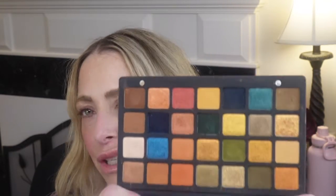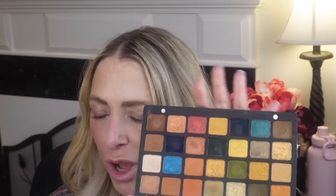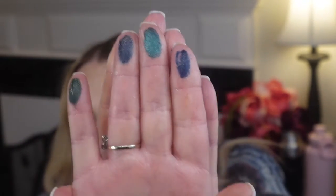I know a lot of you will be missing those teal colors, but those of you who have Metropolis, you have some really beautiful blue and green tones in here. This was not my favorite palette. And for a lot of people, it was their absolute favorite palette. Every time I did a look with this one, it just felt too warm. I couldn't cool it down enough. With the gold